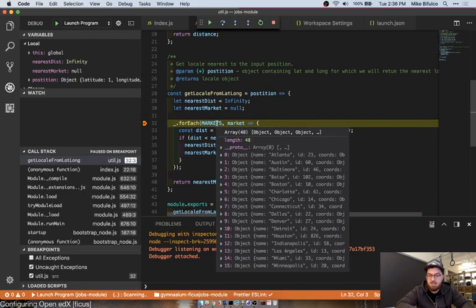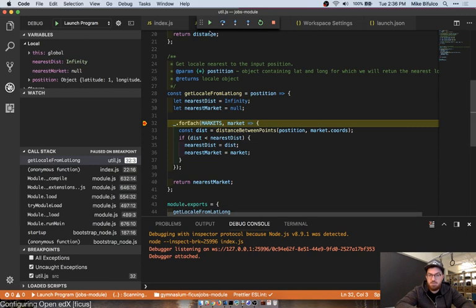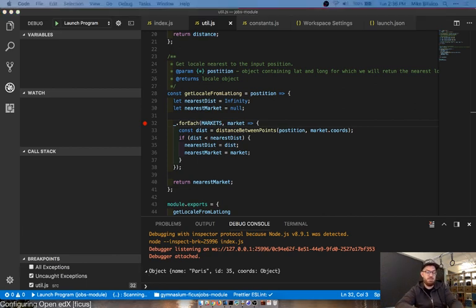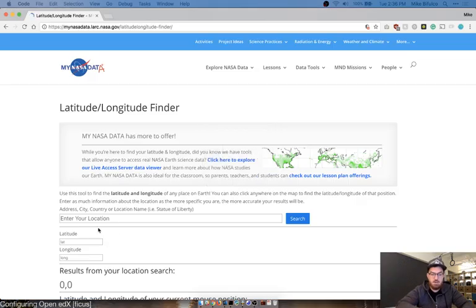Markets. We got a whole list of markets. Hey, look at that. Paris. I got something back. Don't know if that's valid. Let's find my latitude and longitude. So let's see what the internet has to offer.